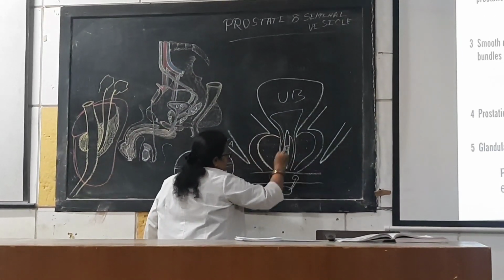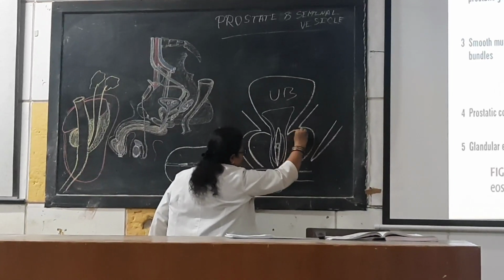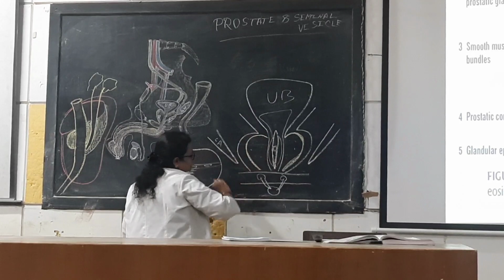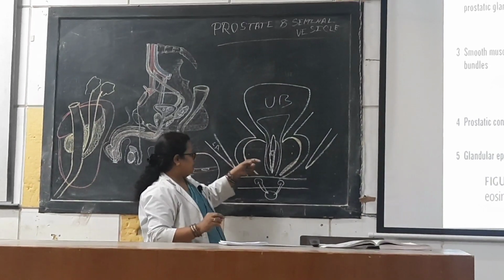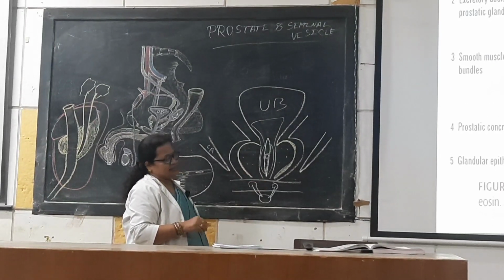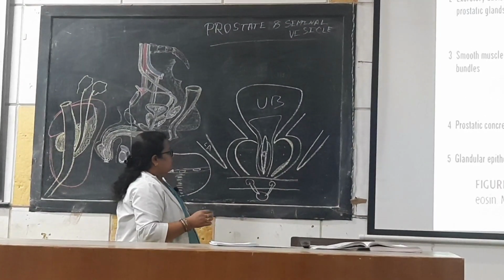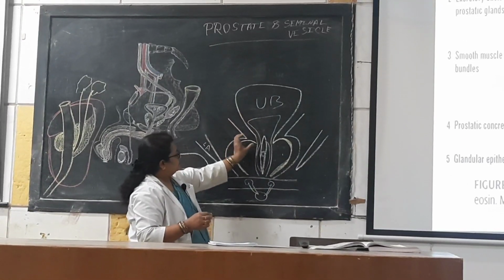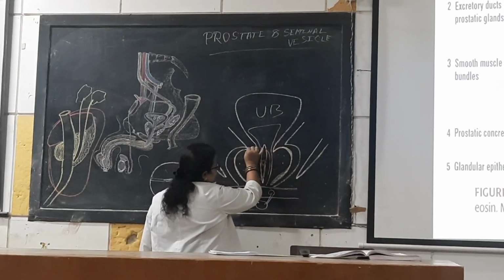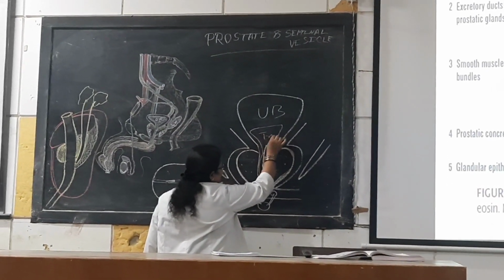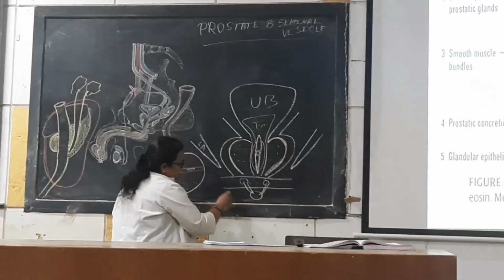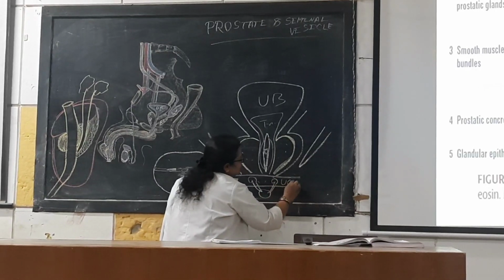This is the prostate. It is chestnut in appearance with a transverse diameter of 4 centimeter. The length is only 3 centimeter, the anteroposterior is 2 centimeter, and the weight is 8 to 10 grams. It lies at the apex of the bladder, and it has a base pointing towards the bladder. This is the trigone of the urinary bladder, so this is the base. The apex is pointing below.